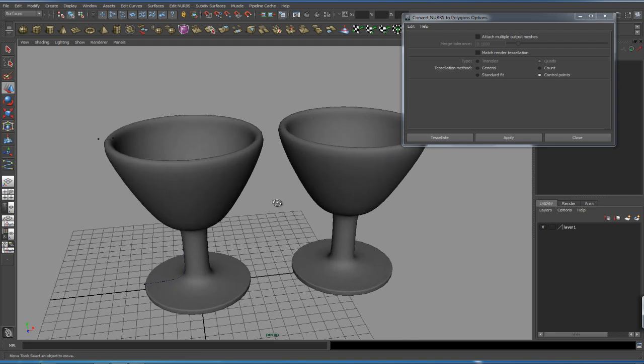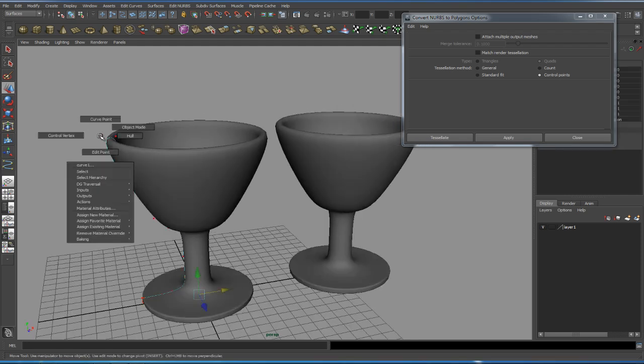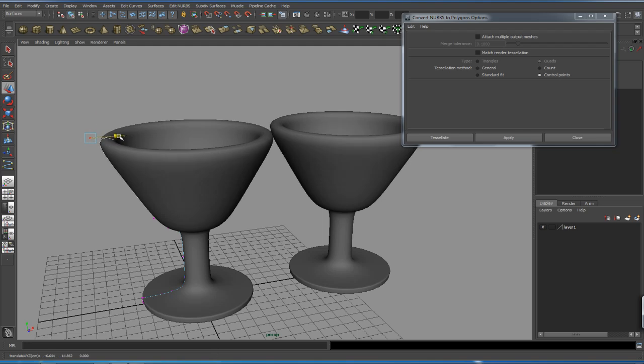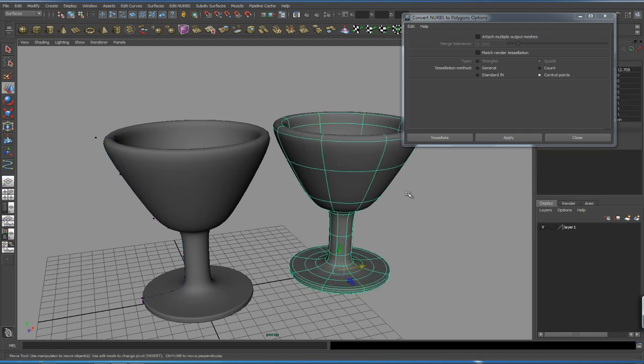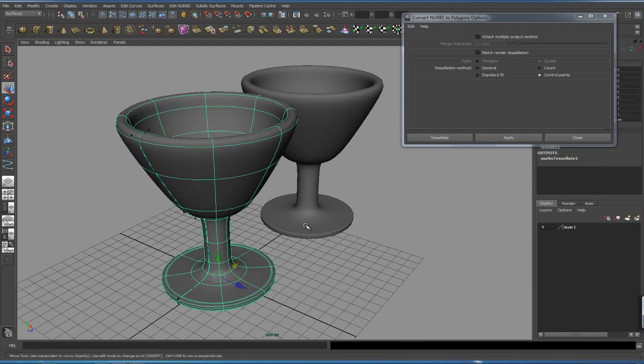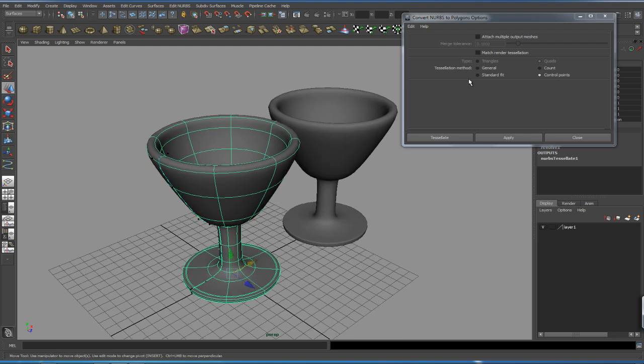And then also notice that the curve is still in charge. So if I manipulate the curve, all of them are being manipulated because they're still all connected by input-output connections. Another good way to convert this, and I'll use this method on the teapot, is this general method here, where I can